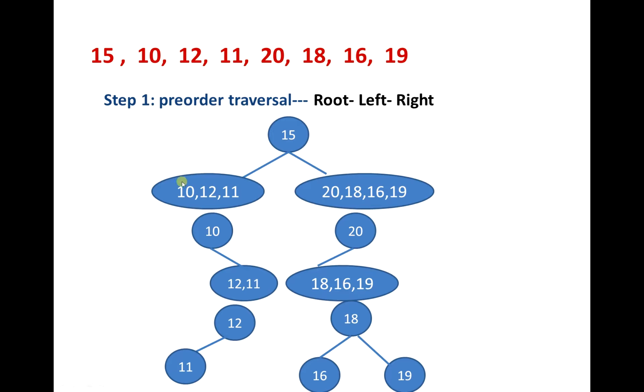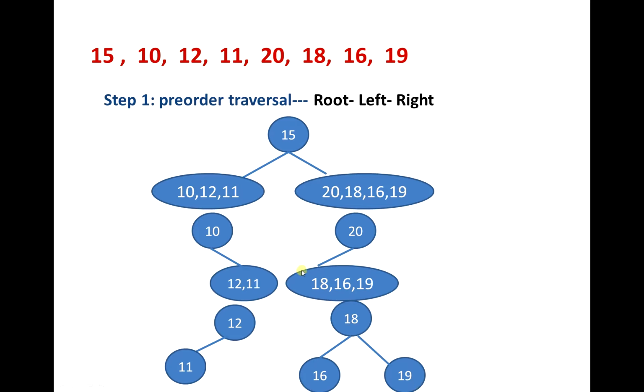And here we have to make another tree. As usual, the first one becomes the root node, and lesser numbers move to the left subtree. Here there are no lesser numbers, only greater numbers, so I am just moving to the right. And from this, the first one becomes the root node, the lesser one goes to the left side and then finishes. Next, on this side, 20 goes to the root node, and the lesser ones 18, 16, 19 move to the left side. In that, the first one 18 is the root node, 16 is lesser so it moves to the left side, and 19 is greater so it moves to the right side. This diagram may look messy.